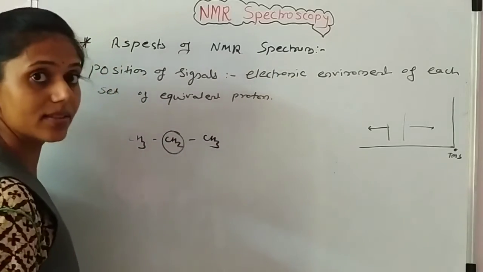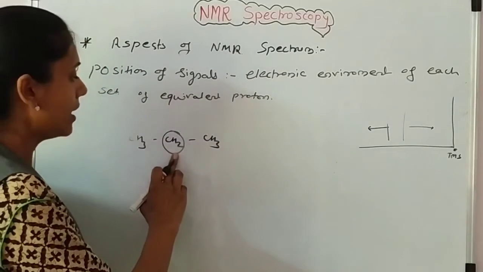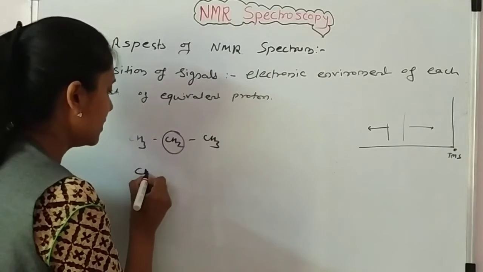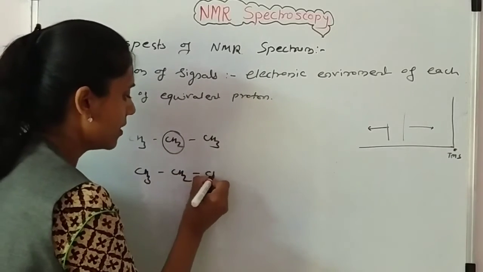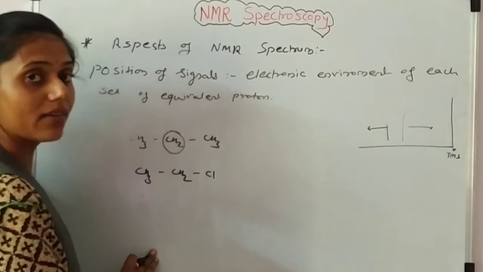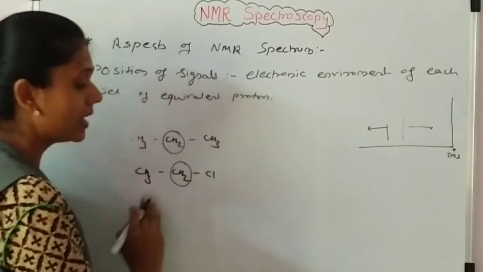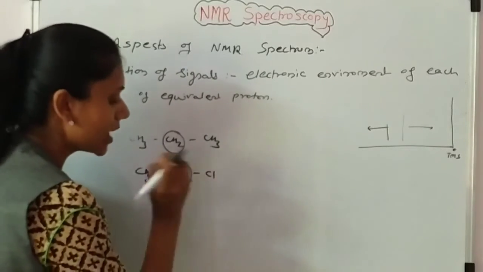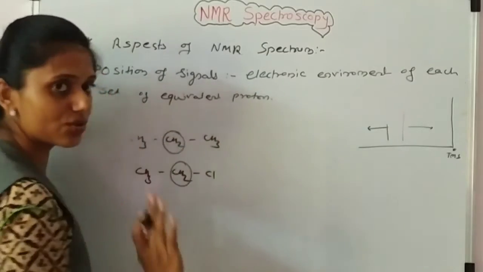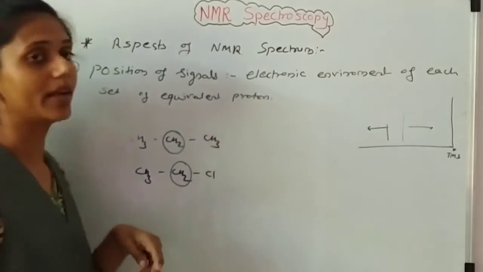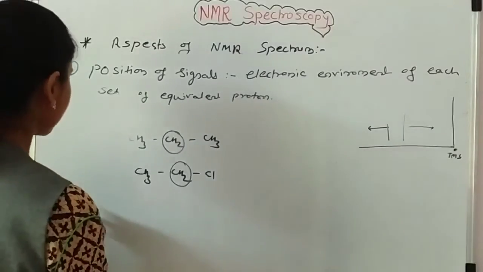This CH2 has a different electronic environment. Okay, and CH3, CH2, Cl. This CH2 again has a different electronic environment, since it is attached to chlorine, and this CH2 is attached to a CH3 group. Understand? Okay. Next point is